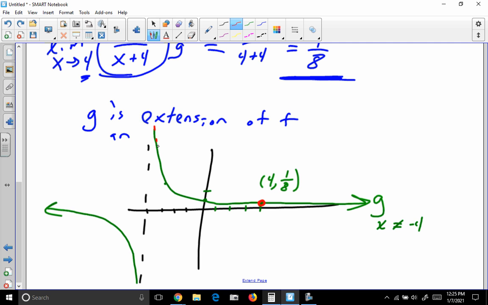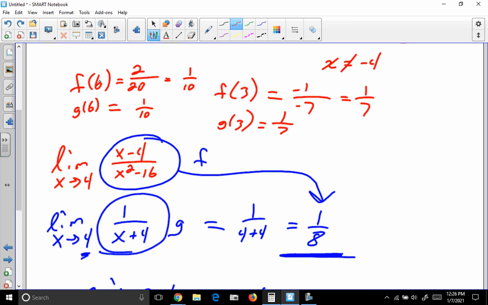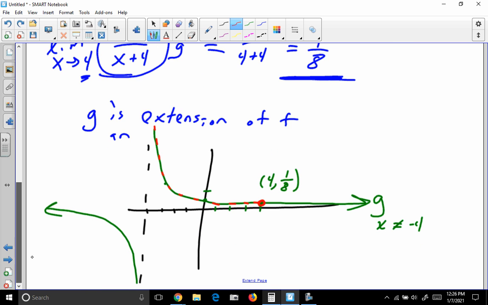Every other place, g and f have the exact same values. We demonstrated earlier that for other places, when we substitute the same value into g and f, we get the same answers. So their graphs are going to be exactly the same, with the exception of, at that point,